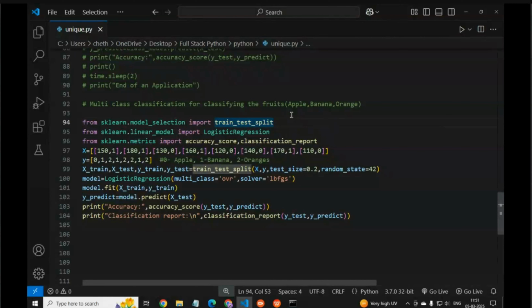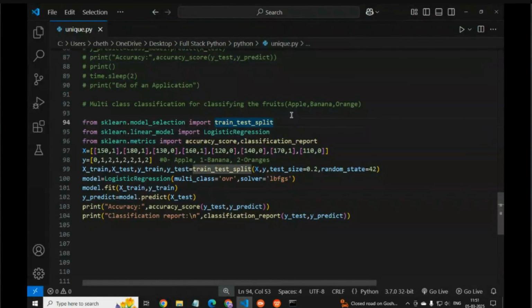The X features are the weight of the fruit, like 150 gram, 180 gram, 130 gram, and 160 gram, and so on. The color score is 1 for ripe and 0 for unripe. And Y is the target label.